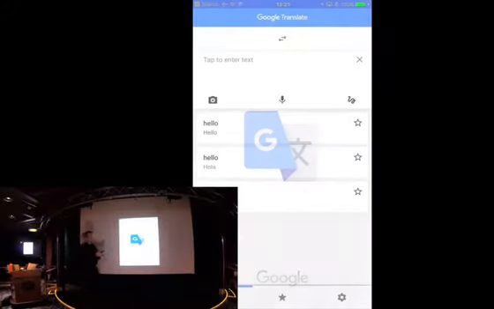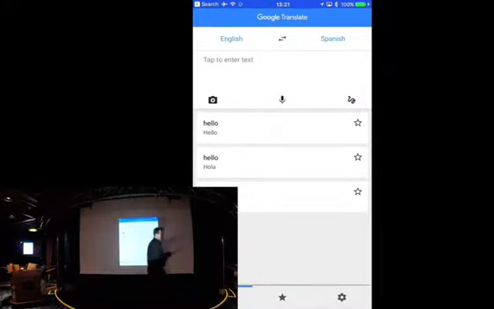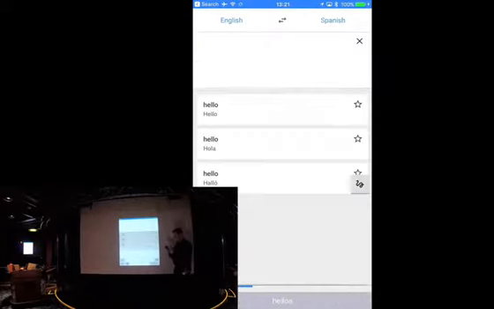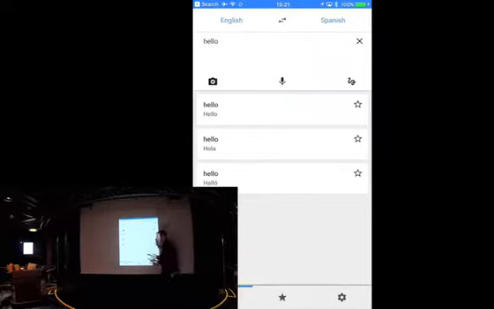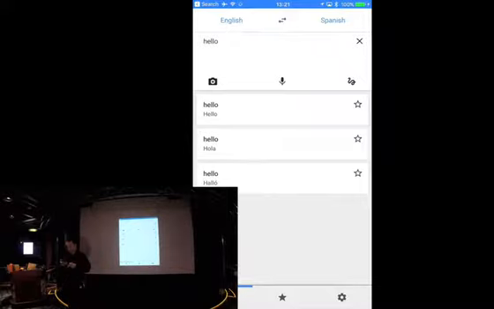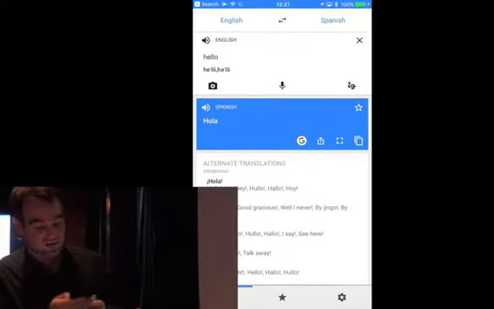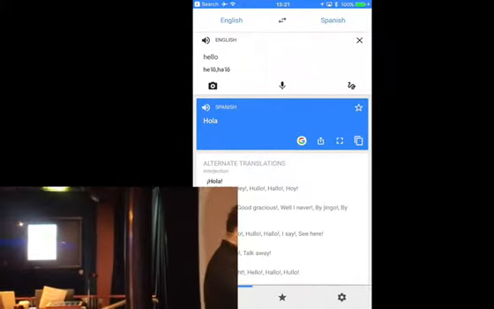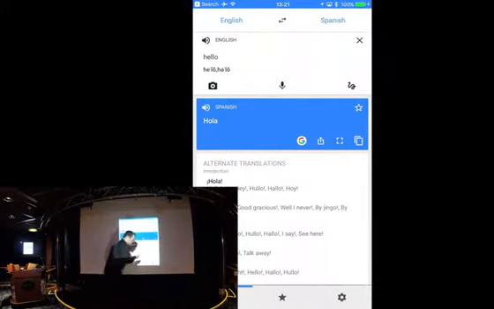And what's cool is I can go in and I can translate all kinds of different things. So if I want to go from English to Spanish, I can say in English, hello. I'm going to show you some stuff you've probably never seen about this app in a couple seconds. But I can say hello, and it will turn around and say hola. I've actually already translated that. It'll say, hola. You want to say it out loud? Hola. Yeah, there we go.